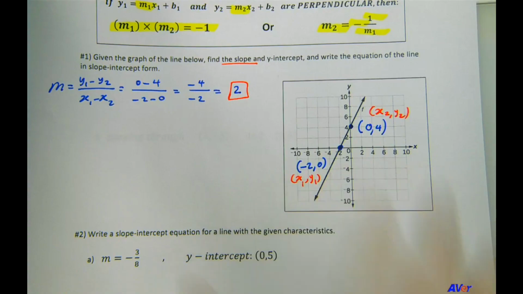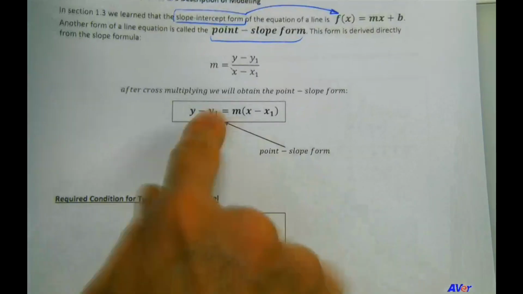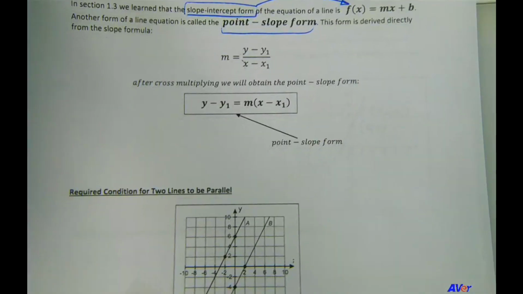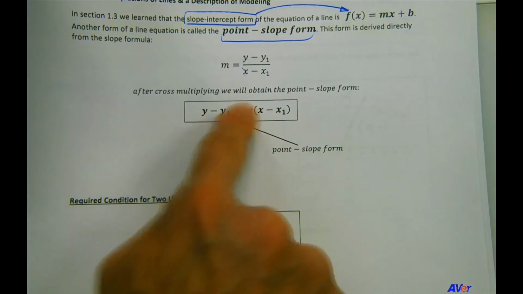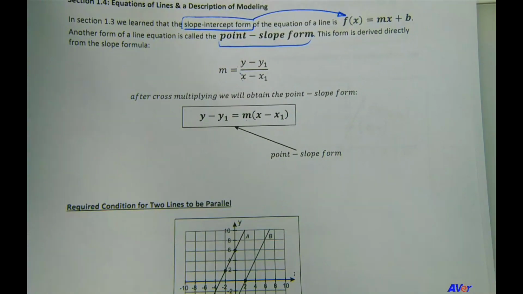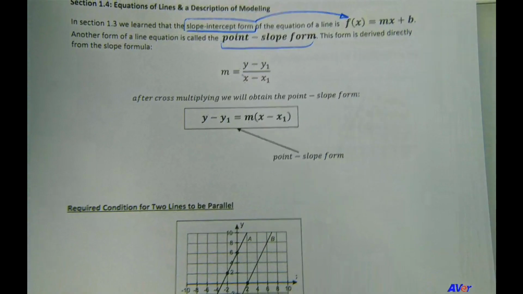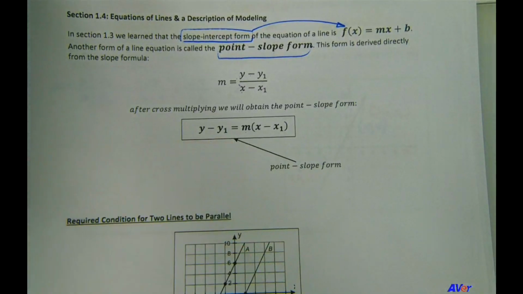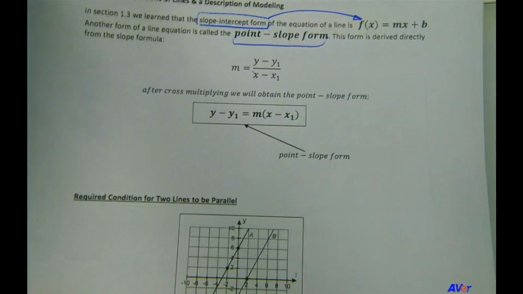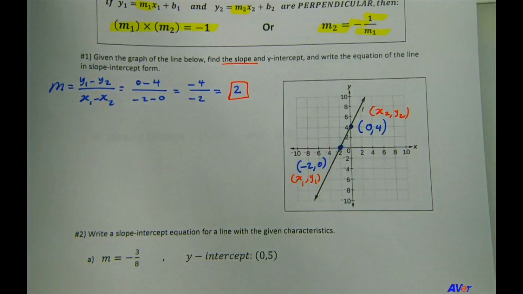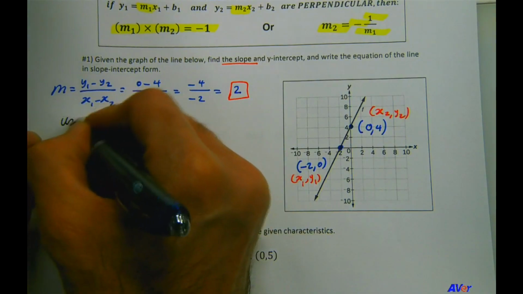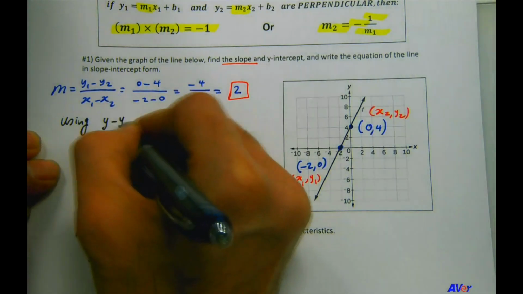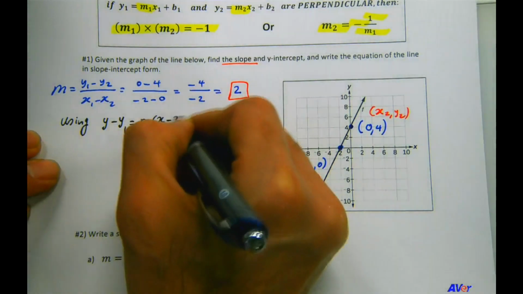Well, we can make use of this equation that we just introduced. I'm sure a lot of you, if not all of you, have seen this before, right? The point-slope form. So we're going to make use of this formula, y minus y1 equals m times x minus x1, to find the intercept. And as a matter of fact, if you use this equation, you're going to find not only the y-intercept, but also the whole equation. So that's why it's a very useful tool. So using y minus y1 equals m times x minus x1